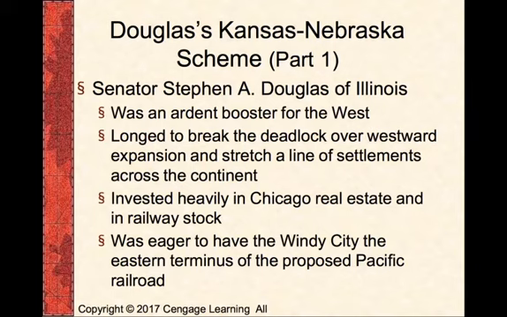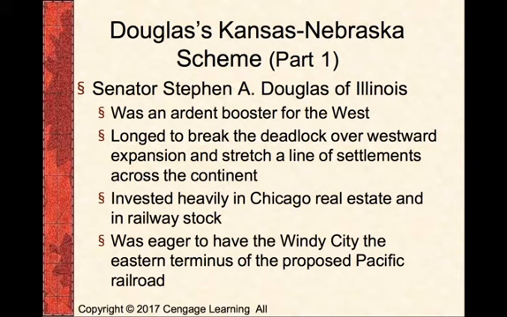He was heavily invested in Chicago real estate and in railway stock, and he was eager to have the Windy City, Chicago,